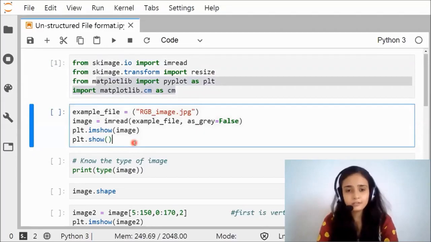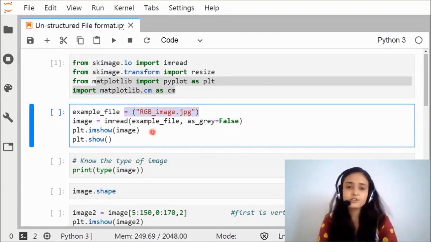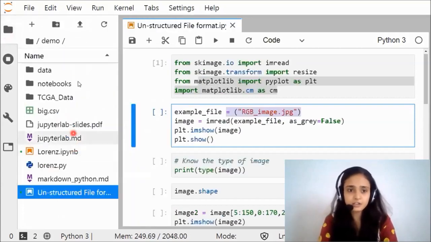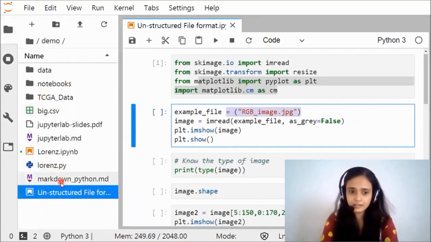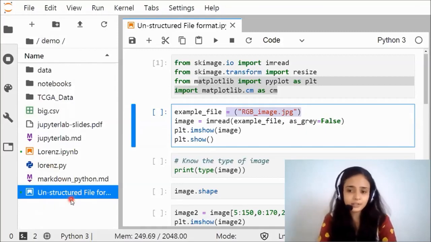Now over here, first of all, I will load my image file, and then I will read that image file, and then I will show that file in my Python code. So over here, I have mentioned the file path where my image file is present. So my image file is rgb underscore image.jpg. Now it is necessary that this particular file should be present over here in this directory where my IPython notebook is saved. So my this file is not over here.